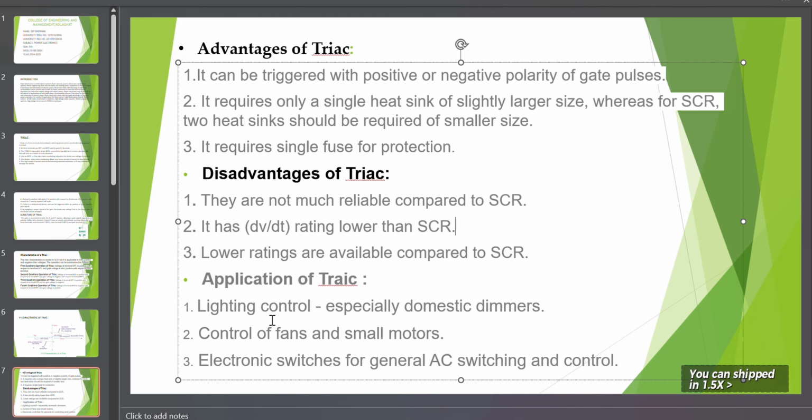ওকে, অ্যাপ্লিকেশন অফ TRIAC. অ্যাপ্লিকেশন আমরা লাইট কন্ট্রোল করতে ইউজ করতে পারি, কন্ট্রোলিং অফ ফ্যান, স্মল মোটর। ওকে, ইলেকট্রনিক্স, সুইচিং অফ জেনারেল এসি সুইচিং কন্ট্রোল ইটিসি করতে ইউজ করতে পারি। ওকে,